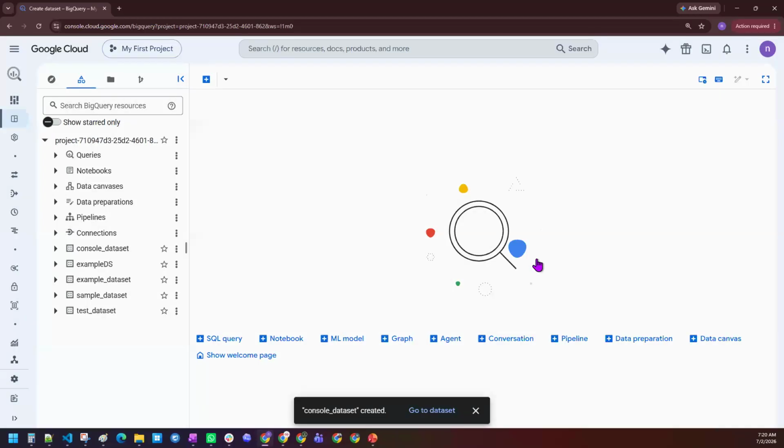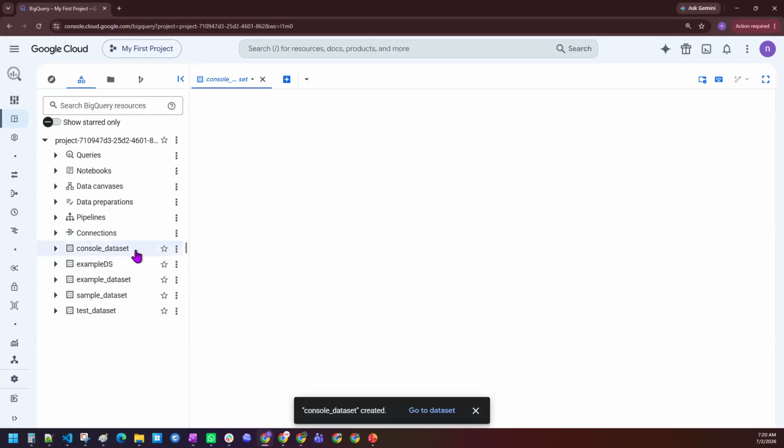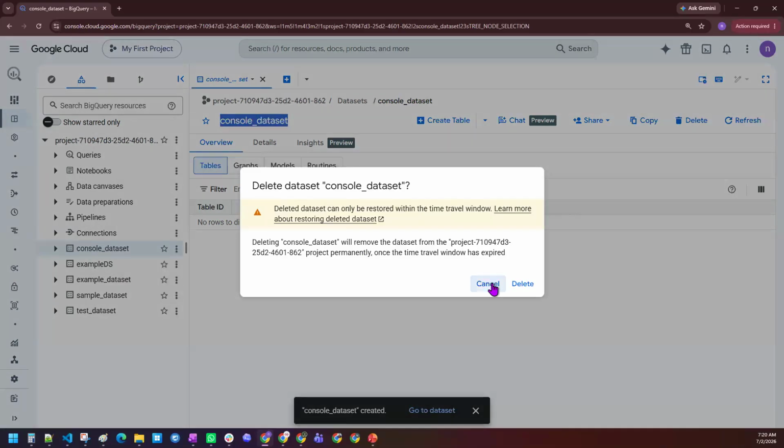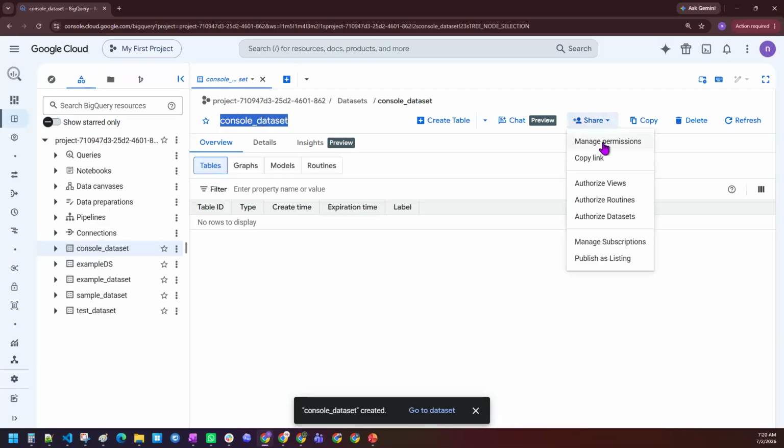So if one wanted to create any resource, I have just created one resource called the console data set. If one wanted to create any resource on any cloud platform, you have a console. I can create a data set, nothing but creating one resource. I have an option to delete a resource. I have an option to share the permissions.